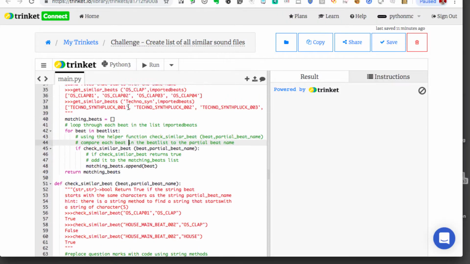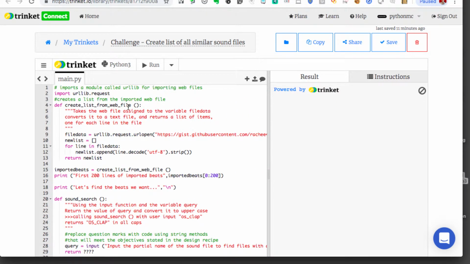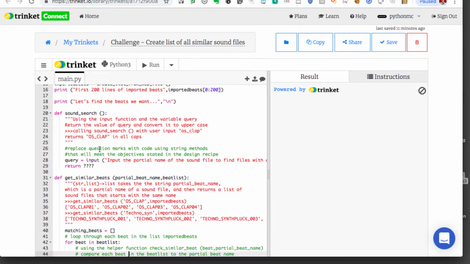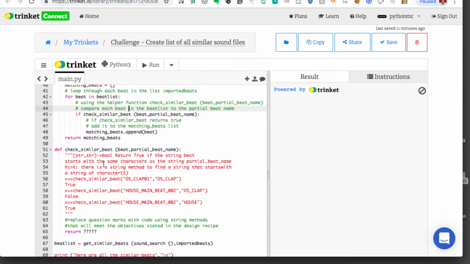Back to Python MC. In this section, we're going to show you the solution to the challenge where you needed to complete this code. You had to complete the code for sound search, and you needed to replace those question marks with a string method that would take query dot and then convert it to uppercase, whatever that